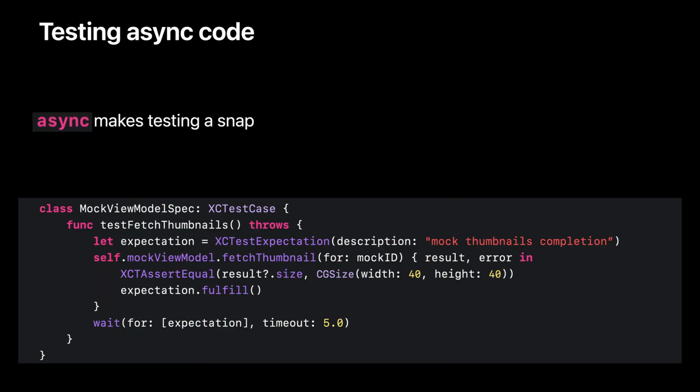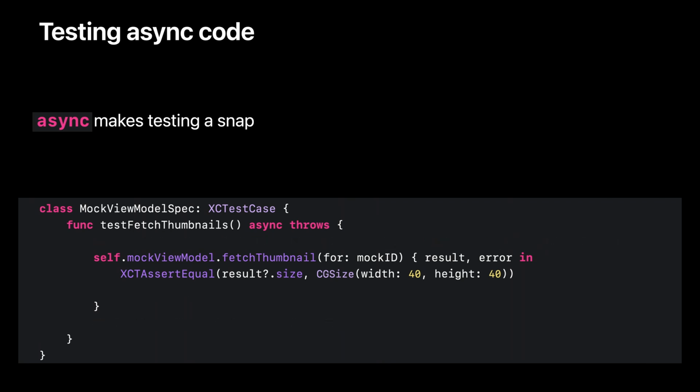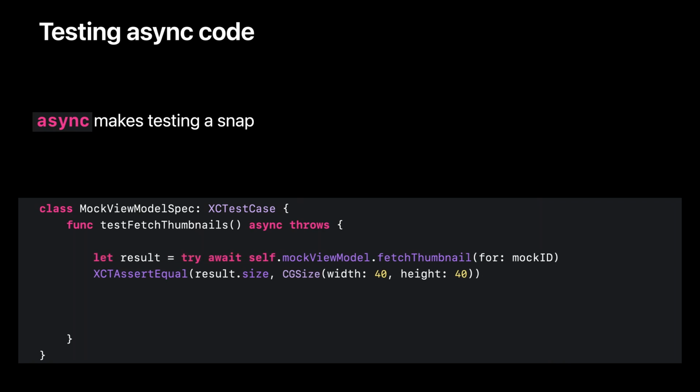We wanted testing async code to be just as easy as testing synchronous code, so XCTest supports async out of the box. What used to be a tedious process of setting up an expectation, calling the API under test, fulfilling the expectation, and then making sure to wait for an arbitrary amount of time becomes as easy as adding the async keyword to the test function, removing the XCTest expectations, its fulfillment, and the explicit wait, and instead awaiting the result of calling the new asynchronous fetchThumbnail function that Nate showed you earlier.